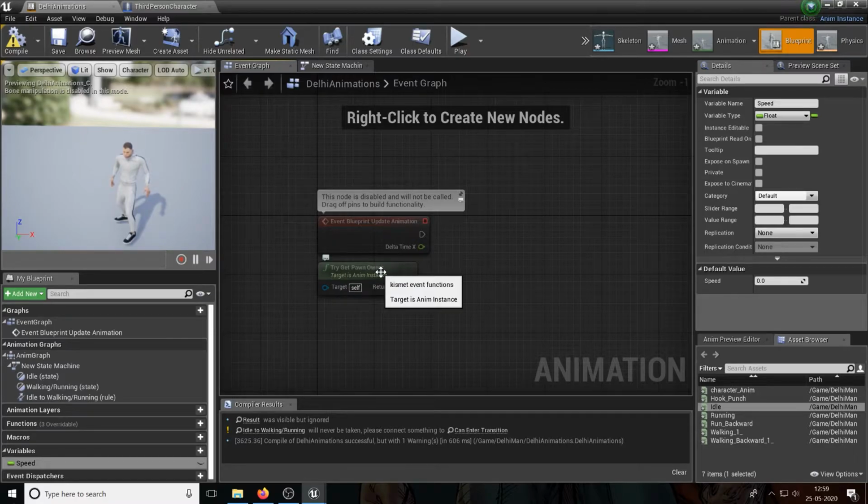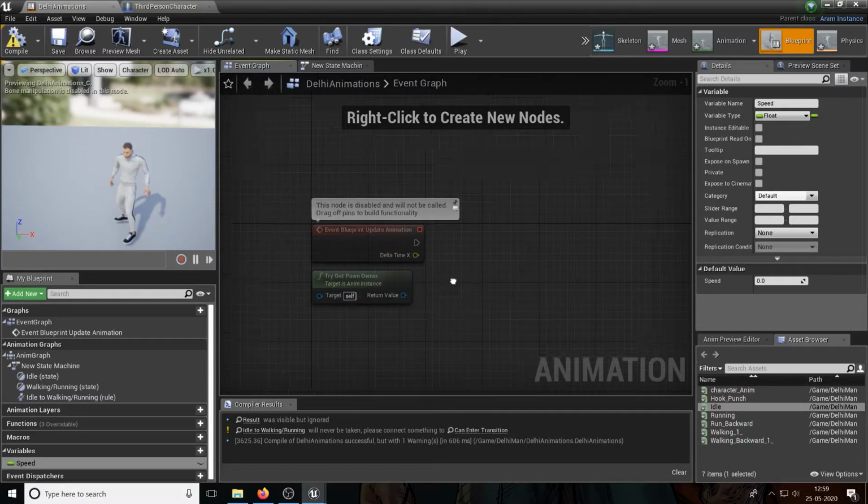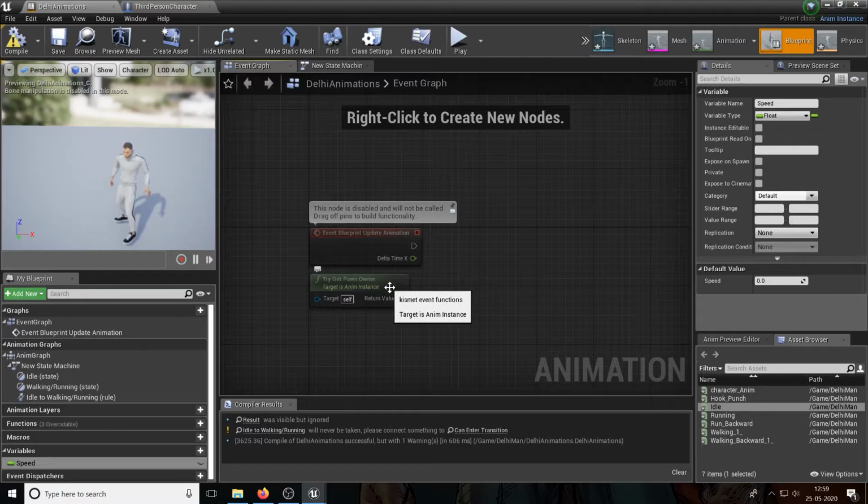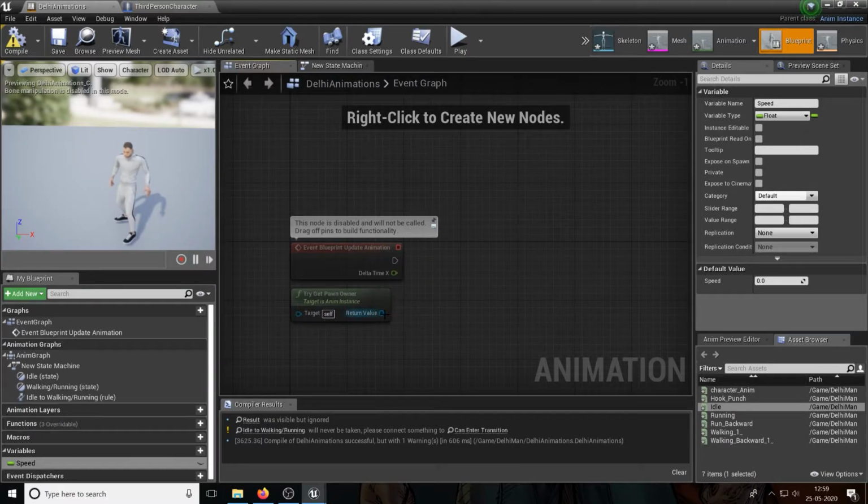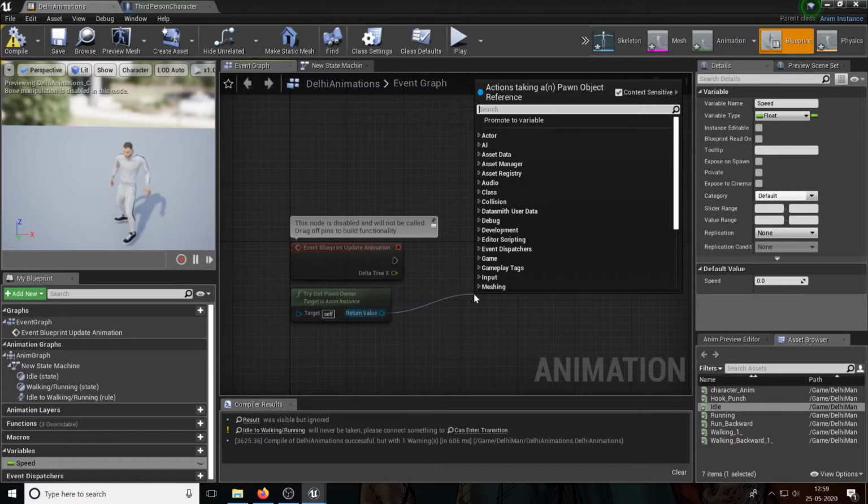There's this thing in the animation blueprint in the event graph called try_get_pawn_owner, which basically gets the details of the character without you having to cast to the character. They know that you're often going to require stuff from the character, so they give you a node that automatically figures out who the character is that has this animation. So we are going to pull this out, and we are going to try to get the speed. We need the speed of the character, so we'll say